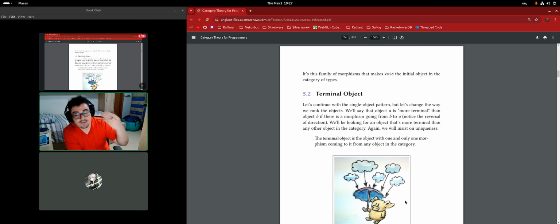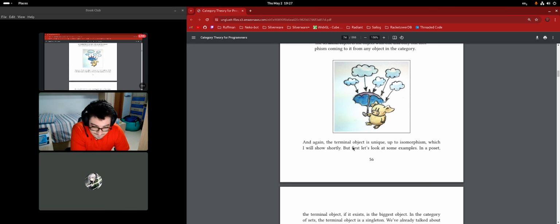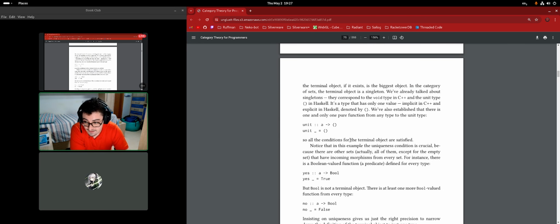And then to make it symmetric, I guess we're gonna go with the terminal object, which is the object to which everybody else goes by the same morphism again. Everybody is going to that. Naturally, this guy is represented by unit, right? Because this morphism here, everybody from all the types can go to unit.